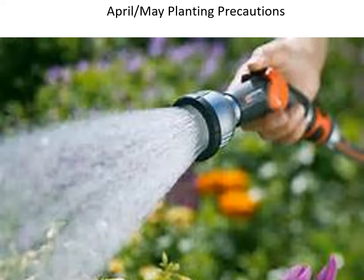But frost, because of the shape of the molecules in the frost itself, what you end up getting is these jagged little edges that literally will damage the surface of your plants. So you want to protect your plants from frost, and you can get frost almost till the end of May. So we definitely don't encourage you to plant any perennials until the latter part of May. But with a lot of the evergreens, trees, it is good to plant them in late April or early May, but be a little bit on the alert for frost. The best way to protect against that is to either throw a bed sheet over top of the plant if it's going to be below 7 degrees Celsius that night,